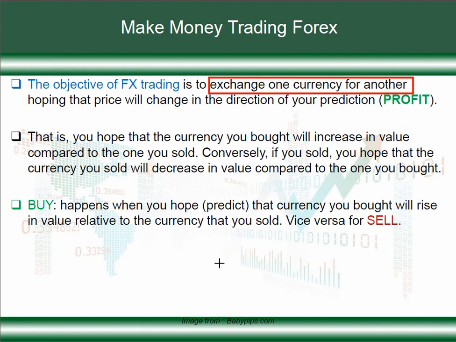We talk about that later, in terms of uptrends, downtrends, and price movement. That will come later on. For now, just understand we must exchange one currency for another for any profit or even loss to be realized. So when you want to buy a currency pair, the price at which you are buying that pair will be lower than the price at which you are going to sell it. The difference between the selling price and the buying price would indicate your profit.